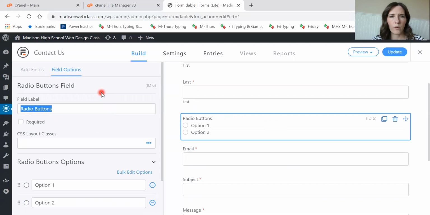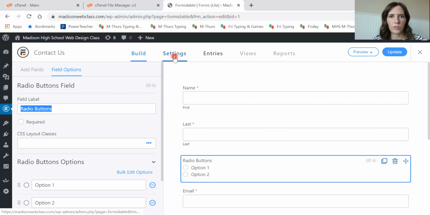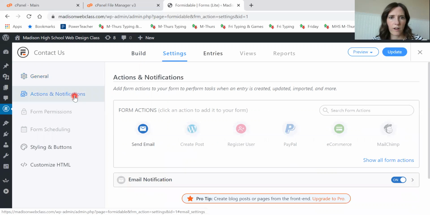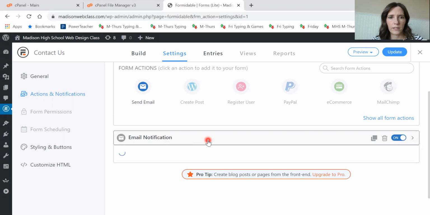Okay, now what I want you to focus on for just a little bit on this is being able to receive a message that says you have a form or some of the form results. So you're going to want to go to settings and then actions and notifications over here on the left. Okay, so I've got an email notification already set up. If I click on that,